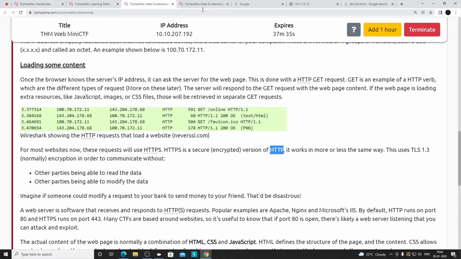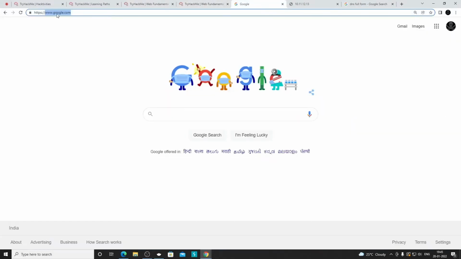Whatever data you send from your machine to the server would be able to modify it or read it as well, even though it is encrypted, because that's how it works. But if someone is in the middle, between the computer and the server, if someone is listening in the network, they won't be able to decrypt that data if you are using HTTPS on your websites. So I will just give an example.